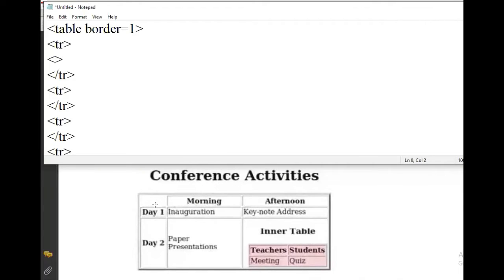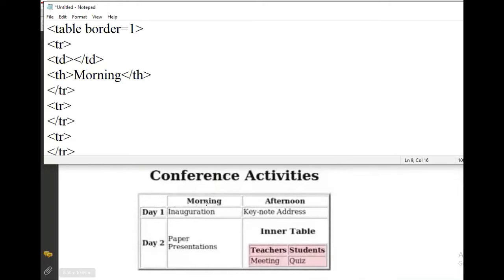So we are leaving the first td blank here, slash td, next td, that is table data. Here we can see this is bold and centered, so we are going to take th instead of td, th for table heading, th close.